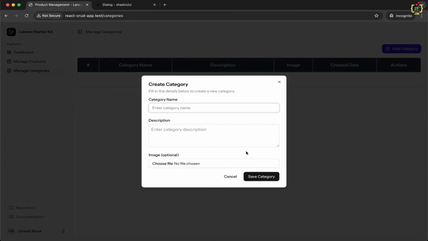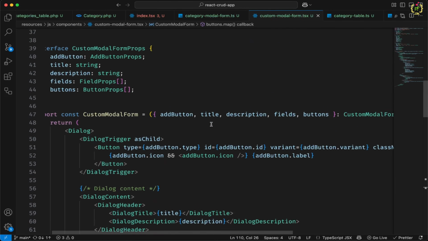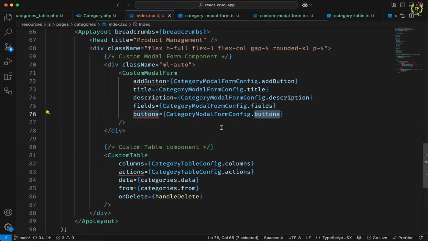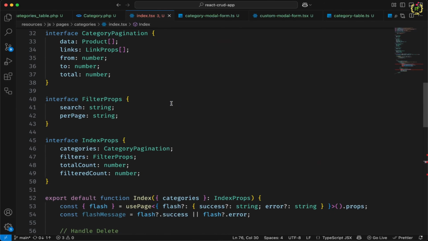Now we have to work on the submit handler. So whenever I click on this save category, we'll have to submit this form. So for this, we will be using the React useForm hook. So let's navigate to the code. And regarding the submit handler, we will be handling it from the index component itself, because this modal component will be reusable. So inside the index component,